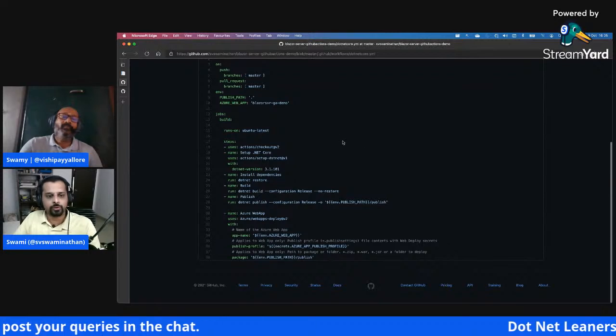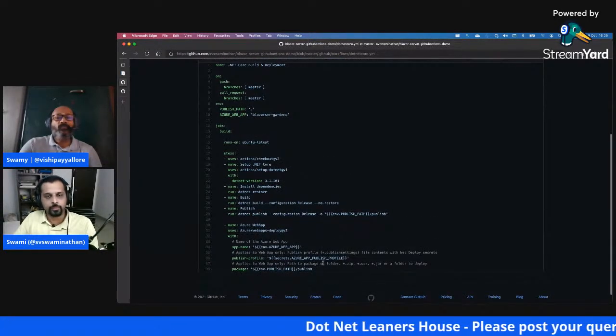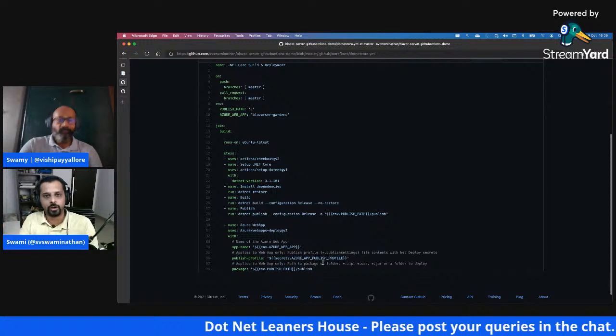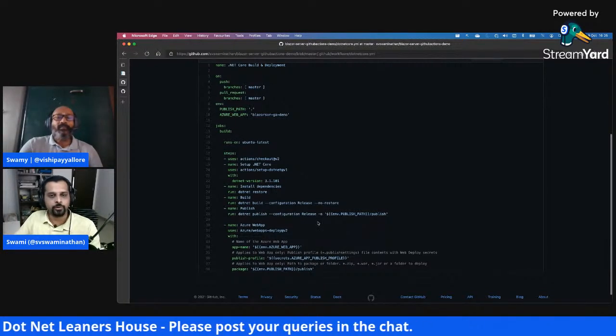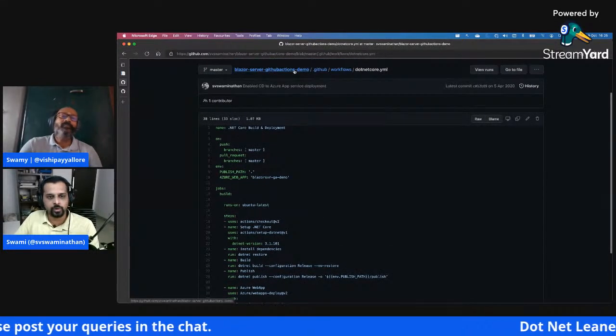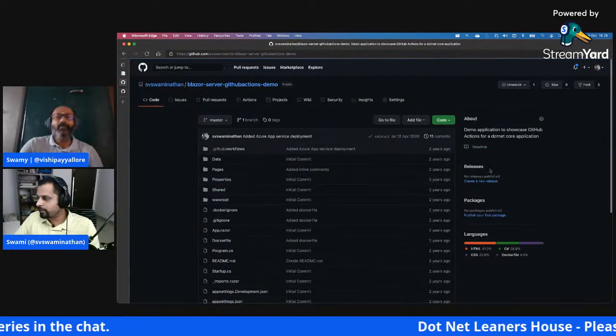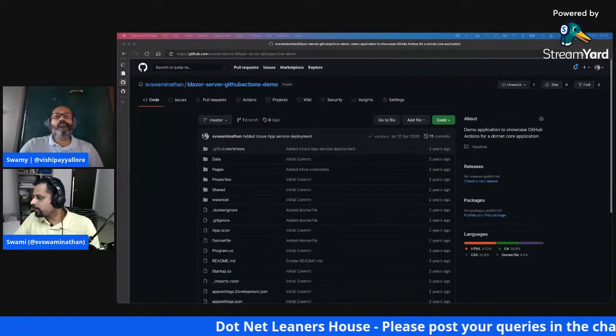This would work only for your dev environment. The moment you want to go into test, or into controlled environments like pre-prod and production, you can't do it like this. That's when you would need to decouple them into two different jobs, and then add the dependencies and work through it. That's one way. So that's the configurable choice for using the same build job for deploying to Azure.